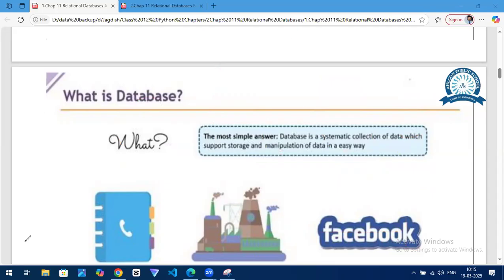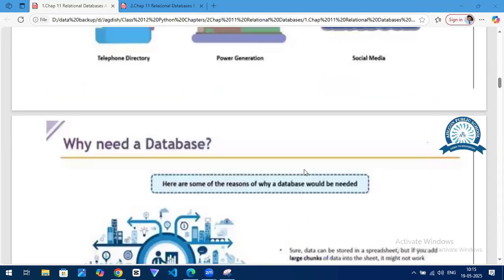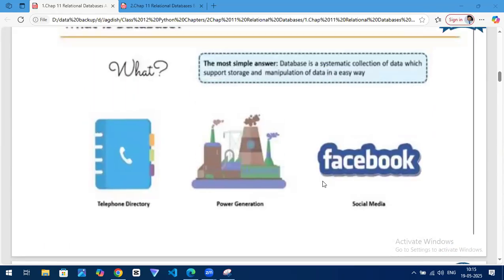Then, that is the basic thing, that is why basically we need a database. And these are some examples of the databases we have got. We have got a telephone directory, which stores information about the people, their telephone numbers, sometimes their occupation also. Power